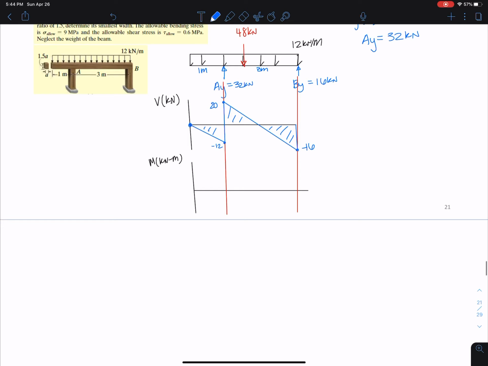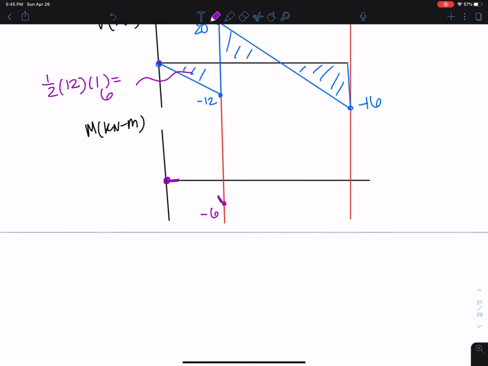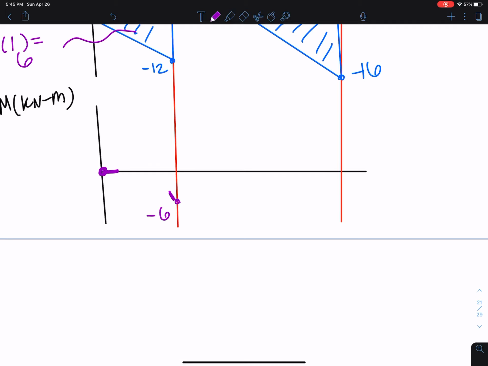Okay. Now for moment, I'm going to use the shear diagram to guide me. So I start with a moment of 0 because I have no applied moment on the beam. And I know that here my area is 1/2 times 12 times 1, which is 6, which means I'm going to be at a value of negative 6 here. I start with a slope of 0 because the value of my shear is 0. I will end with a slope of negative 12, and all I have to do is connect that. Terrible connection. Let me try that again. Connect those two